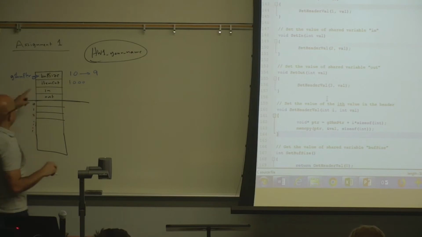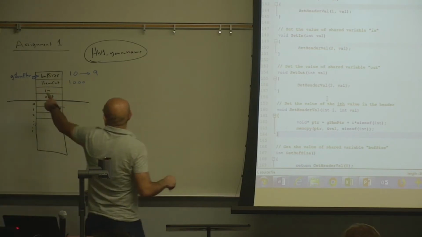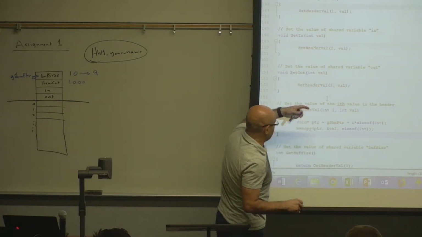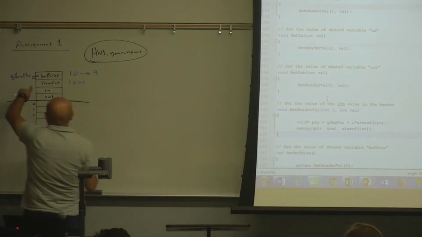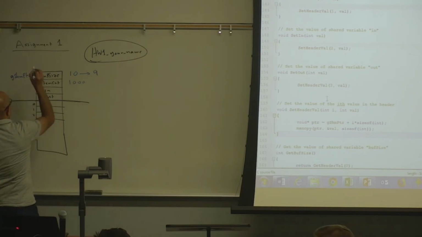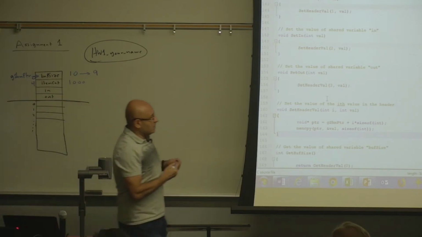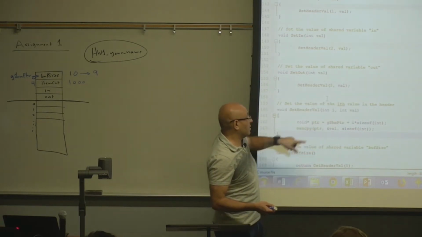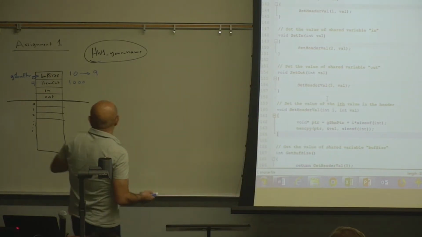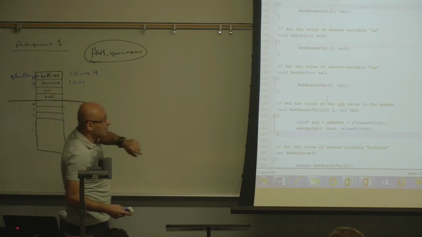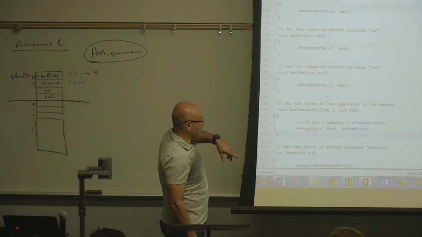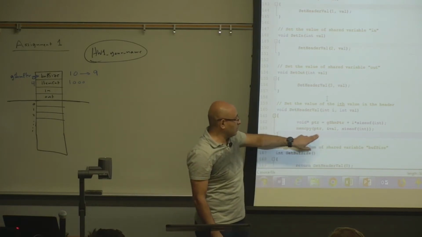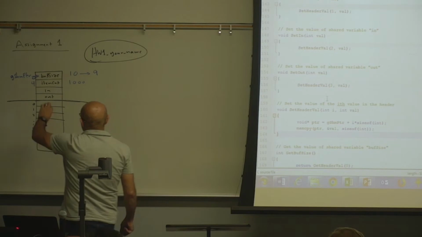And the item count is at offset the size of an integer plus 0. So if it's a 32-bit integer, then this is going to be at offset 4. This is the offset plus the base, and this calculates the address of that item in the header. And then we just copy the value into that pointer, and then it's in the shared memory buffer.